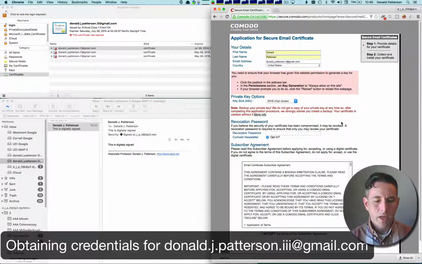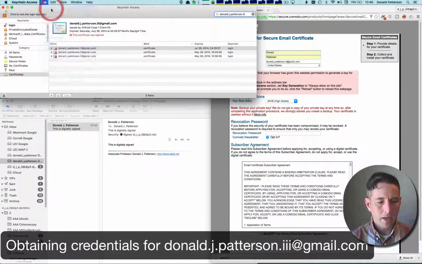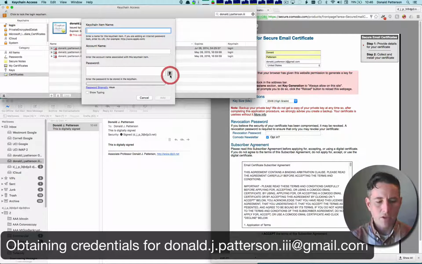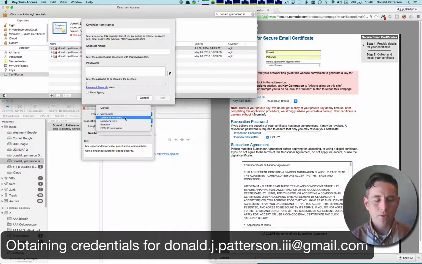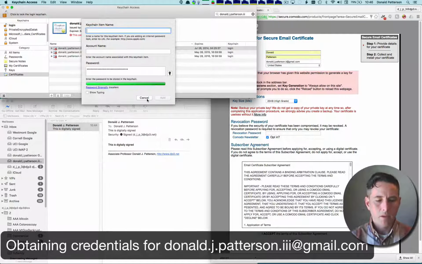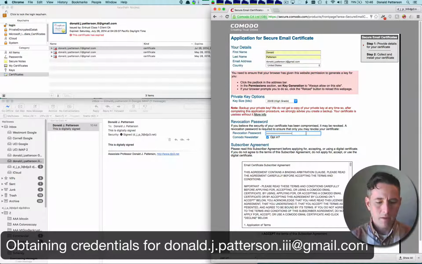I'm going to enter a revocation password, which is going to send me back to Keychain Access. And I will say new password item. And I'm just going to use the generator. I'm not actually going to save it. And I'm going to pause the video for a second while I grab a password. Okay, I grabbed the password in my clipboard, come back here, paste it in,